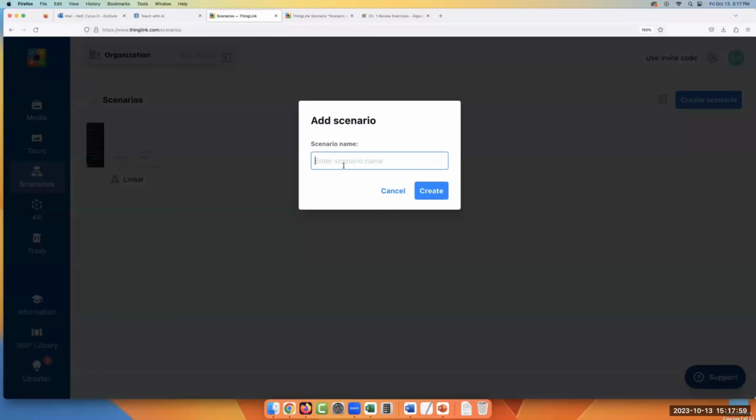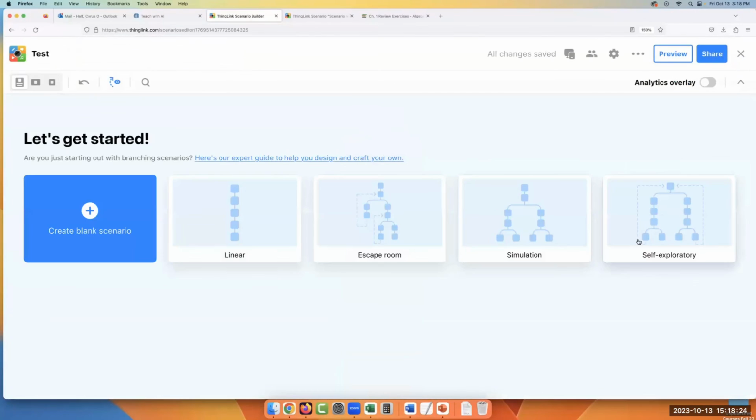And you can have some art. If you teach art, you could have a picture of the Mona Lisa, and you can have labels on different parts, like here's an example of symbolism or color, or the peach symbolizes this and the hummingbird is this. You can totally do your own thing. You can put 3D images in there as well. But the cool thing is when you create these, it gives you different templates. So if I wanted an escape room, you can make them complicated, but they have these templates.